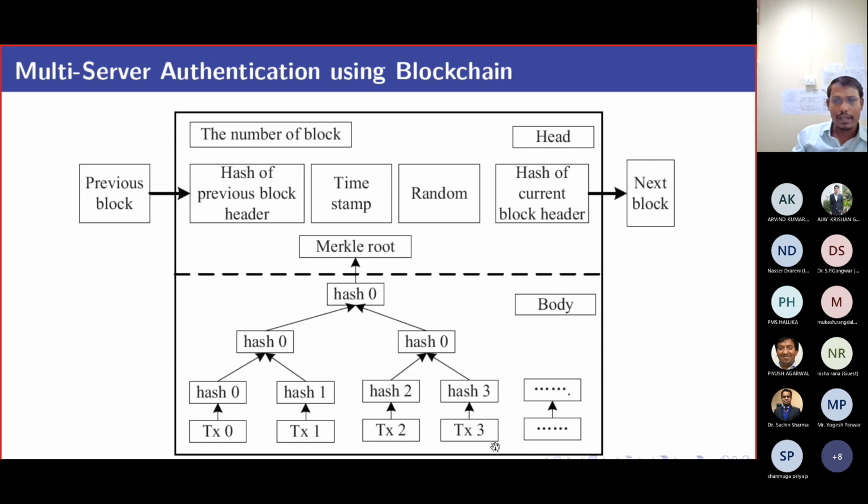Suppose there are a number of transactions. The hash of the first transaction is put here. Now the hash of this will put a hash of this, like that. Finally the root of this tree will contain the hash of all the transactions. This value will be used to validate all the transactions that are put in this block.